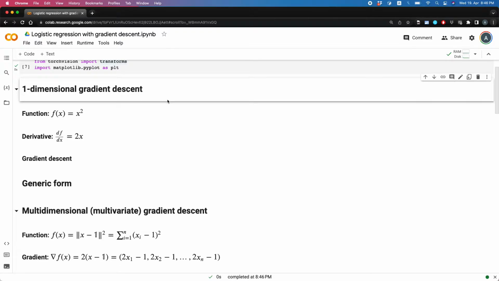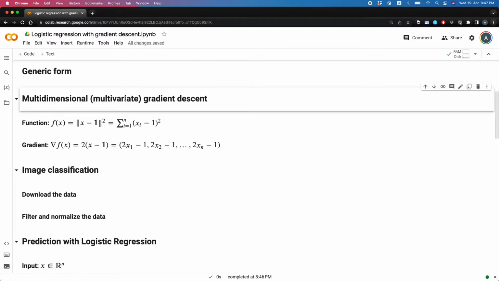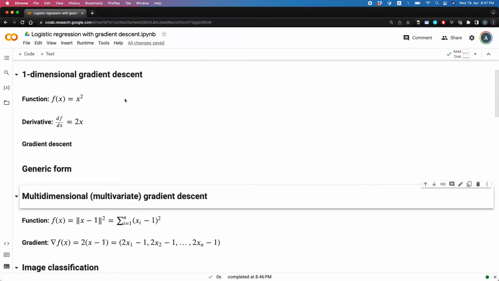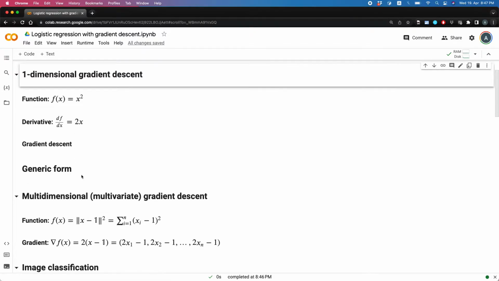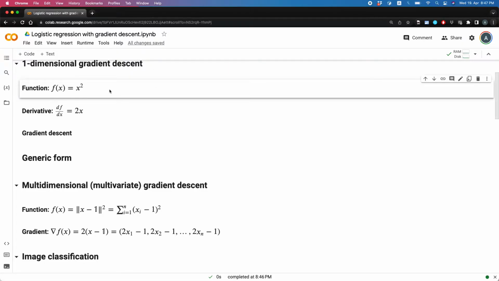First, we will implement gradient descent for functions of just one variable. In practice, it's more common to work with multidimensional or multivariate gradient descent, but it's much easier to first build a simple case for just one variable and then build on top of it to extend to multiple dimensions. So imagine that this is the function that we need to minimize. It's the quadratic function. It has a very well-known U shape,